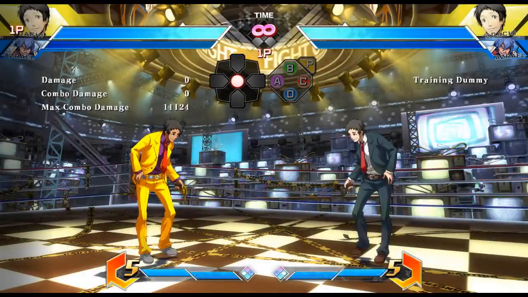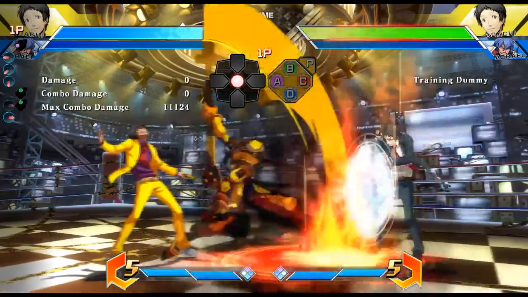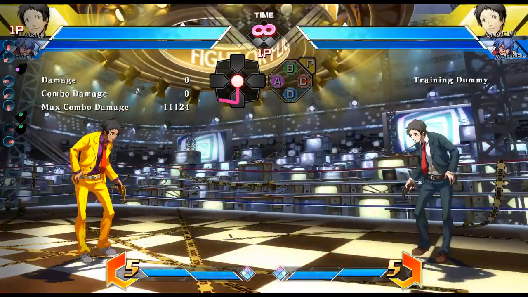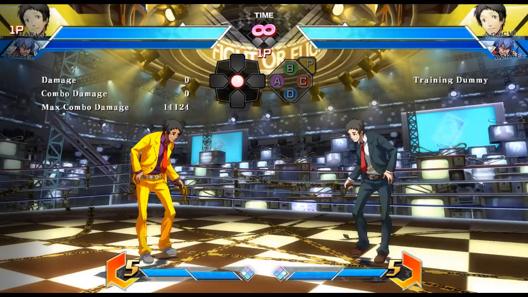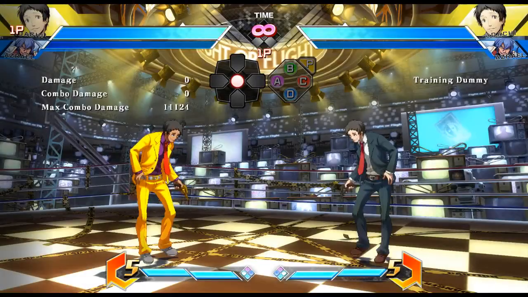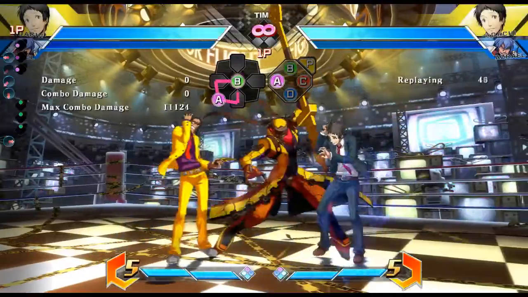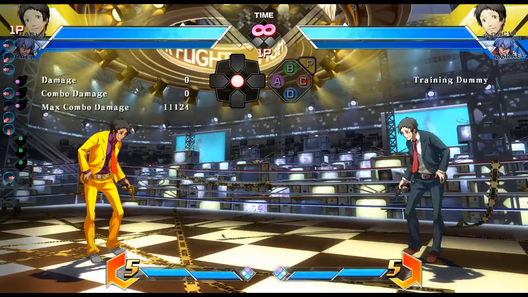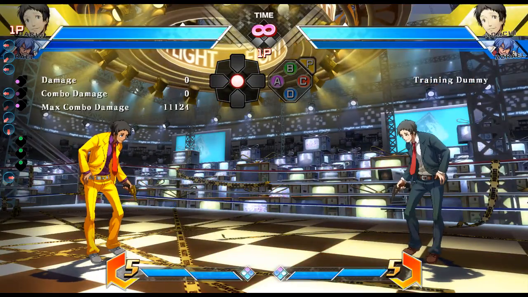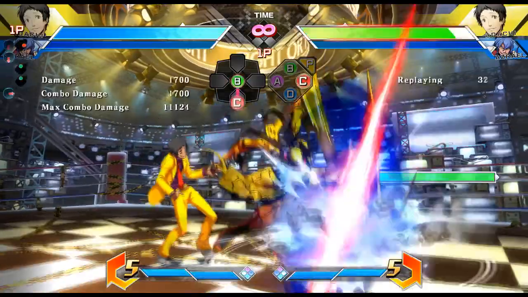Generally, pressure in this situation is going to be between using this into Heat Riser. Heat Riser is -6 on block, and it's really safe, in all honesty. It's also gapless with all this. You can contest that once he blocks. He was holding up back the entire time and could not get out of it. So that's good. The same idea can be said with